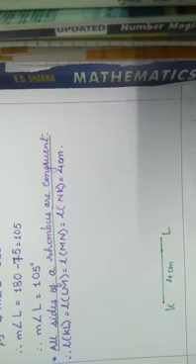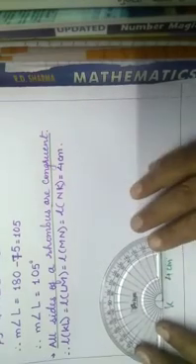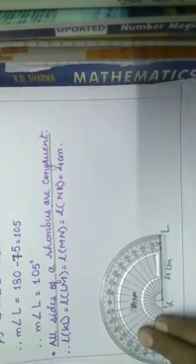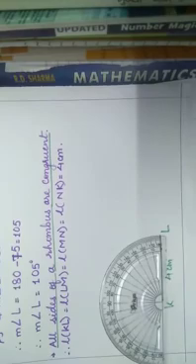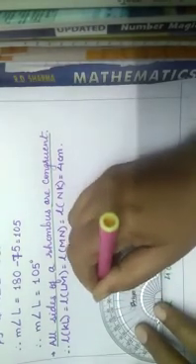Now you know measure angle K is given as 75 degree. So put a protractor on K and mark the measure as 75 degree. So from where you will take? From L, 0 to 70 to 80, and this will be 75 degree. Okay, and draw a ray towards that 75 degree. This will be your 75 degree.